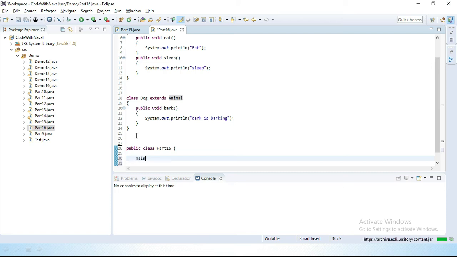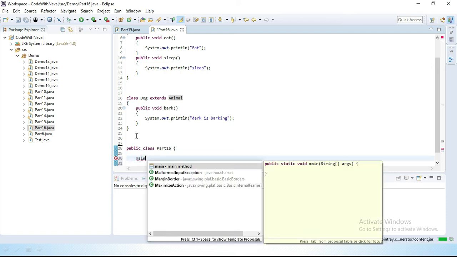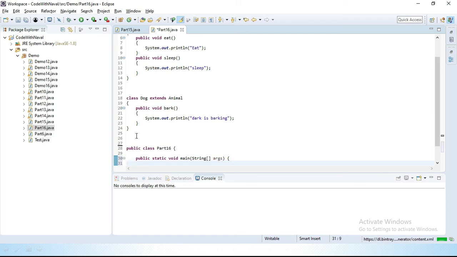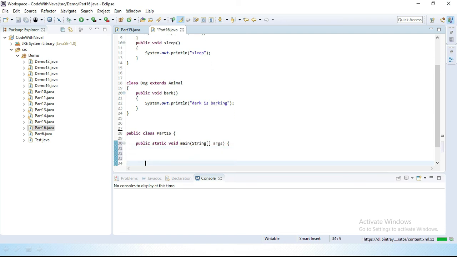Simply type main, control space and enter. Let's save this. Create the dog class object here: dog d equal to new dog.